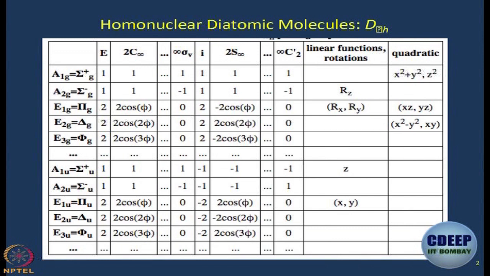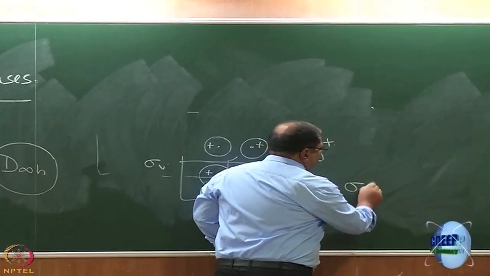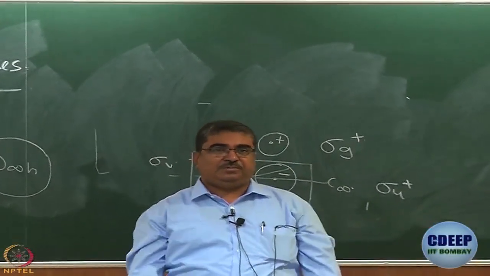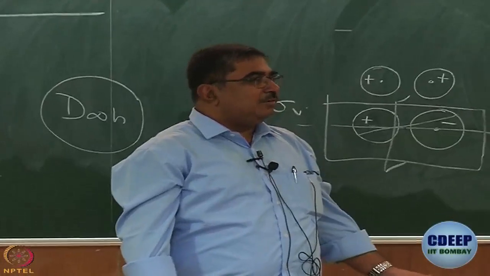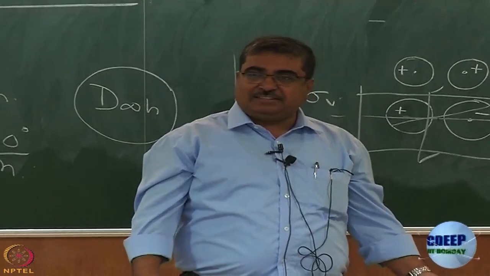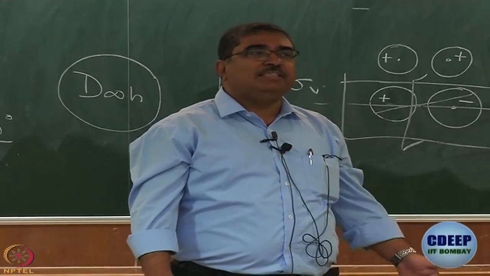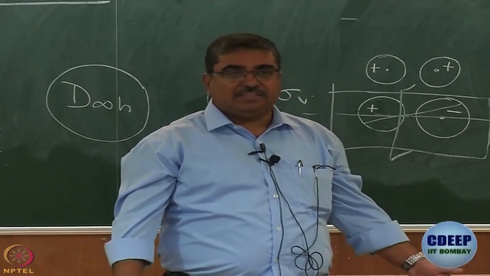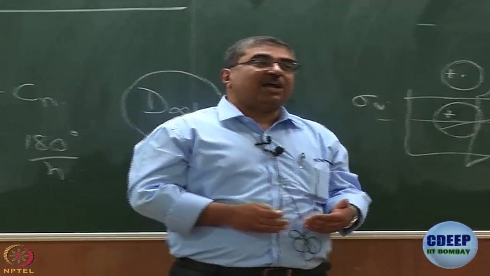So, this orbital is called the sigma U plus orbital. If you want to add a star to denote that it is antibonding, it is up to you. Are we clear? So, what we have demonstrated is that at least molecular orbitals, electronic wave functions of a molecule, can form bases for the irreducible representations, and that is what forms the basis of symmetry classifications of wave functions.